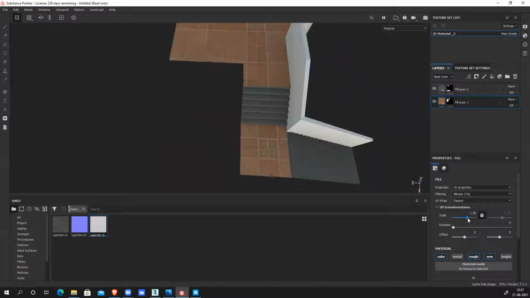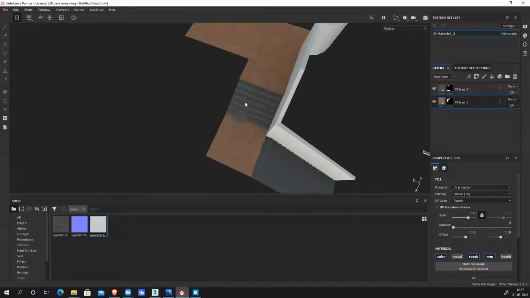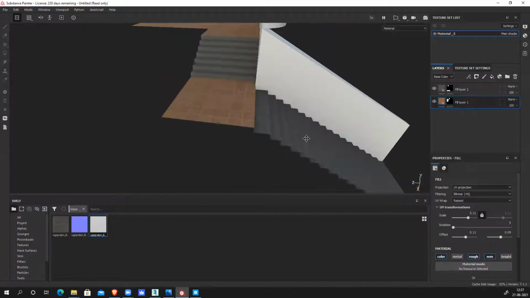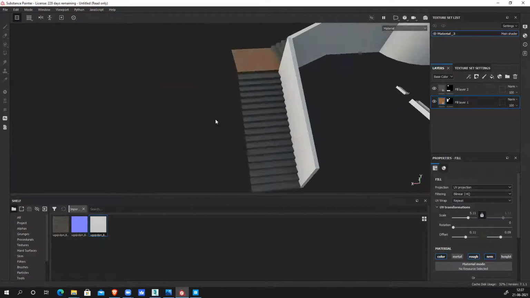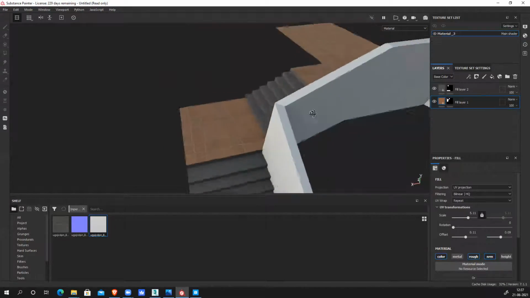If I want, I can increase it. I can create this staircase with a different texture, different color. This floor is a different color, different texture.